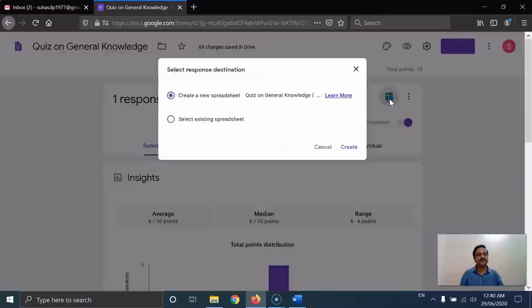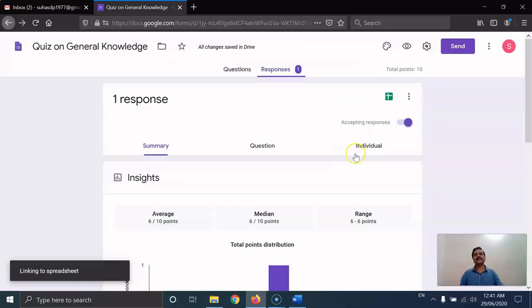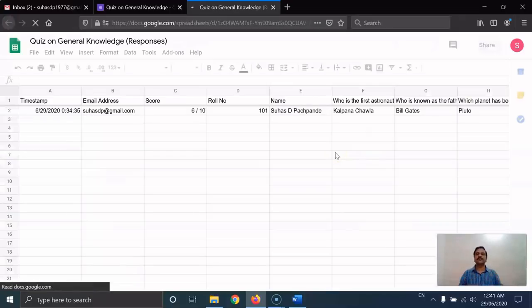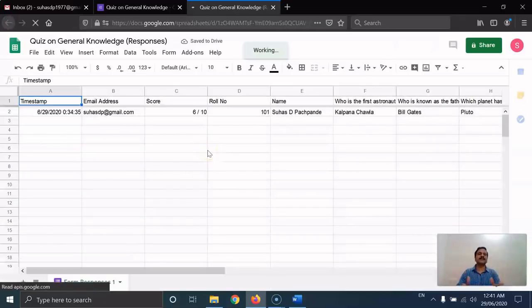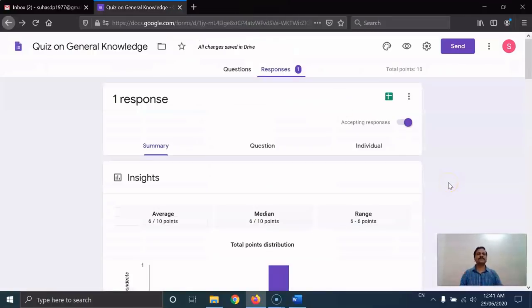When I click on this spreadsheet option, it creates a new spreadsheet with this particular name, I can change the name, and when I say create, a new spreadsheet, an Excel document, is created, and this document will consist of the mark list for all the 50 learners. I can generate the mark list; I don't have to type it.